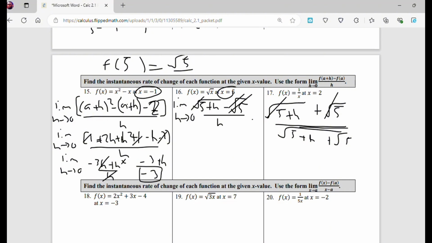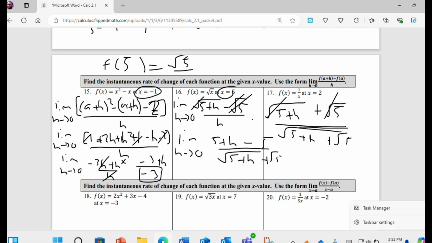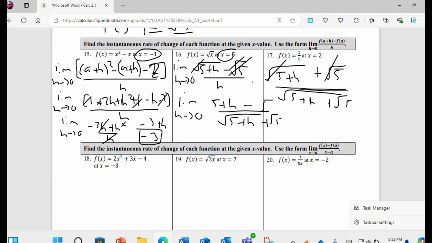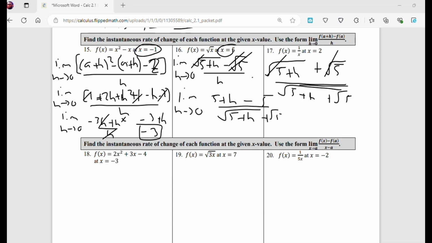Now, this and this cancel out, and then this and this cancel out. So we get limit as h approaches 0 of 5 plus h, then minus 5, over square root of 5 plus h plus square root of 5. Okay. Okay, sorry, I had to get rid of that thing. Okay, 5 and 5 cancel out, so we're left with limit as h approaches 0 of h